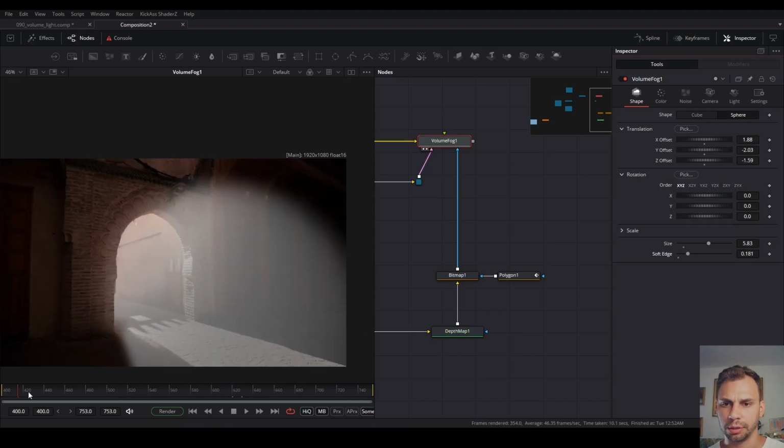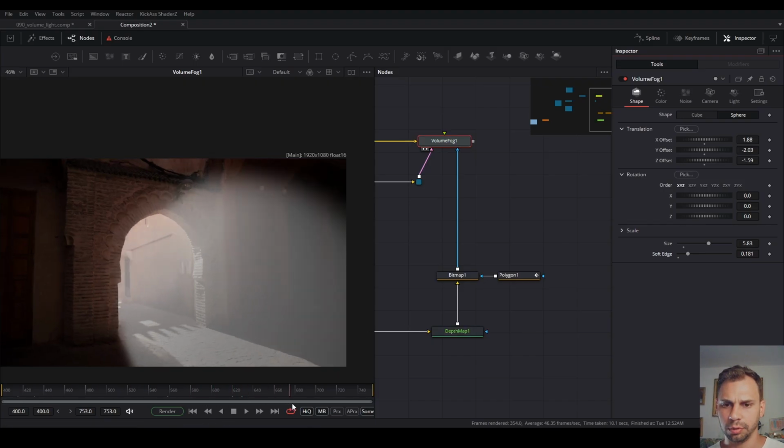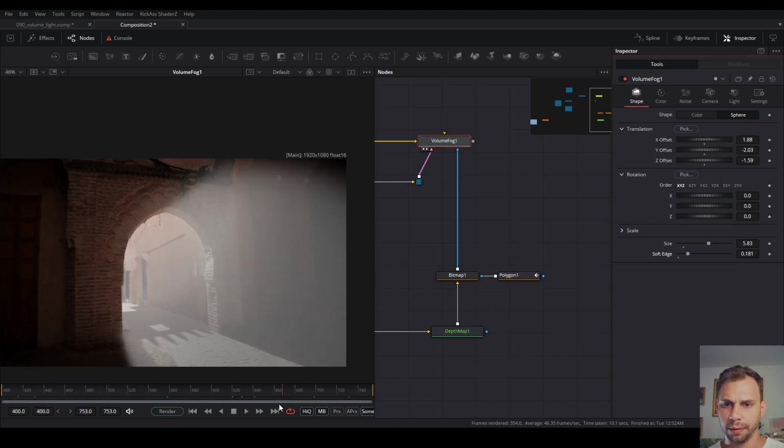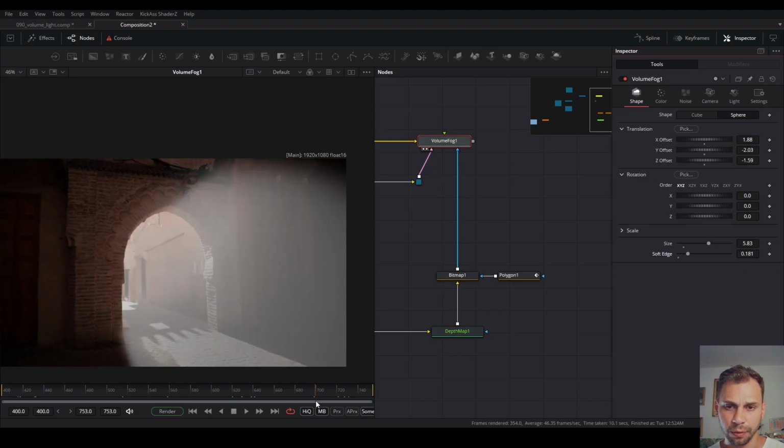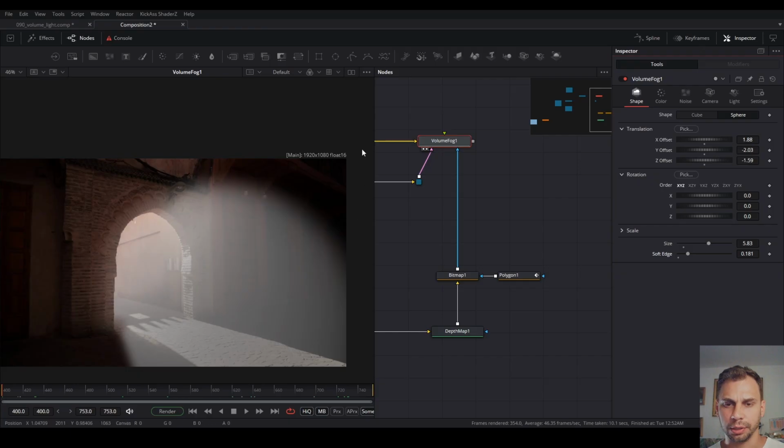Let's check this comp on the timeline. Yeah, we're not far from the final result. Of course, this area is dark, so we have to